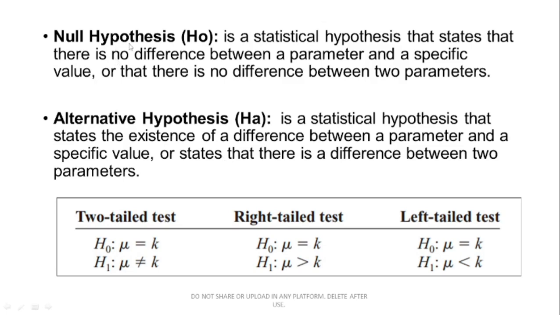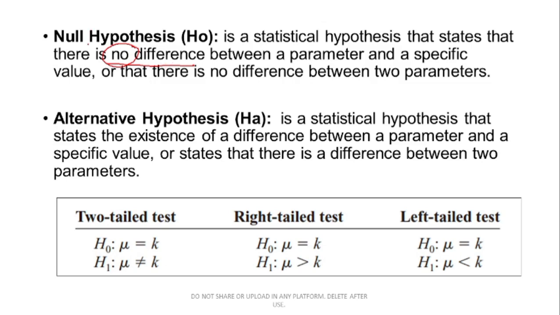When we say null hypothesis, it is a statistical hypothesis that states that there is no difference in a parameter. There is no significant difference, there is no significant relationship. Ayun yung mga common na statement natin kapag null hypothesis, meron yung word na no. There is no significant relationship between the two parameters, or nothing changes, nothing happens. Yun yung ibig sabihin ng null hypothesis natin.